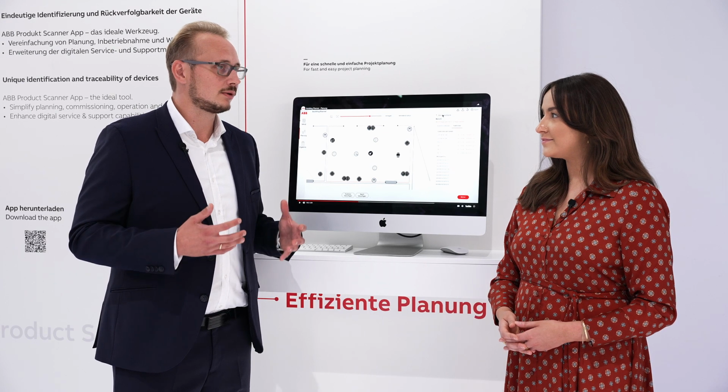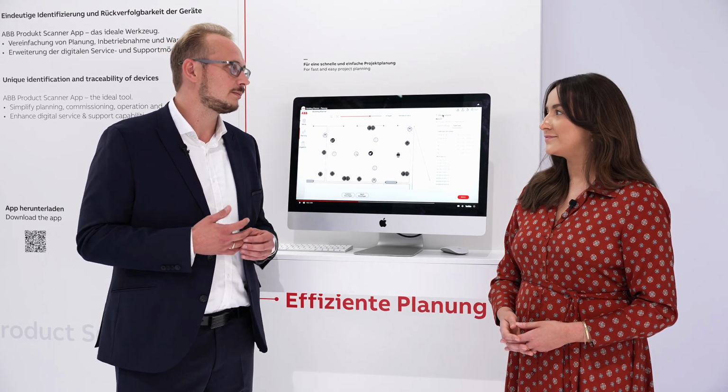And at the end of the process, you get a project documentation where everything is documented. And you can show it, for example, to your customers to show, well, what they will be getting at the end when the